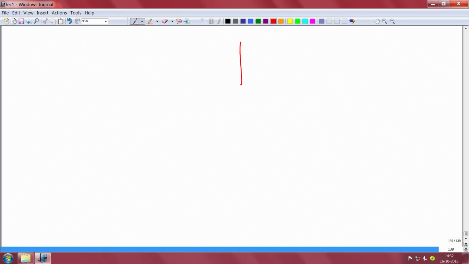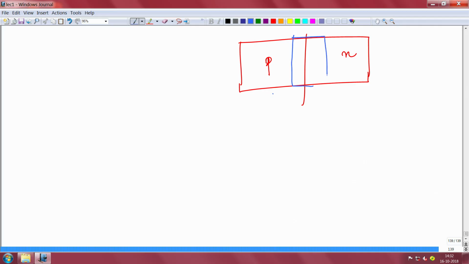Okay. So, I told you that you have a p, you have an n. Because holes will try to diffuse from the p side to the n side, electrons will try to come from the n side to the p side, they will recombine near the junction and there is a depletion region that forms. The name depletion means that this region is depleted of carriers because electrons and holes have recombined. There are no mobile carriers here. What remains is negatively charged acceptor ions, positively charged donor ions.